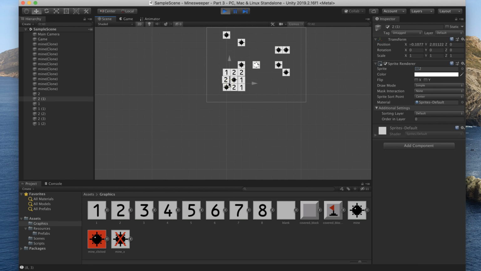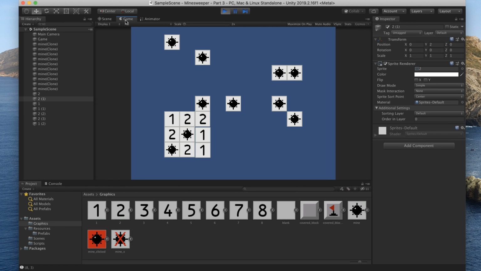I'm just using vertex snapping here to align these, make them look nicer. So if we go to here,